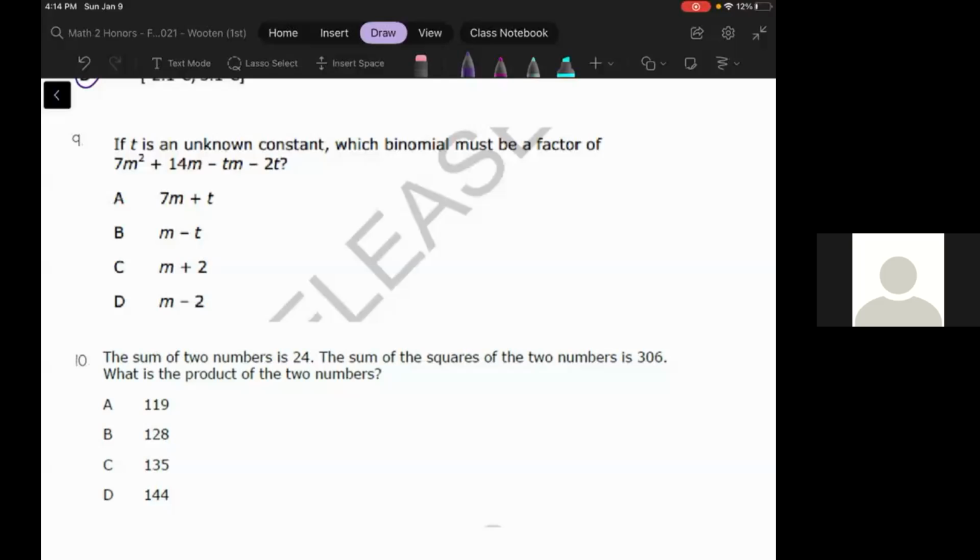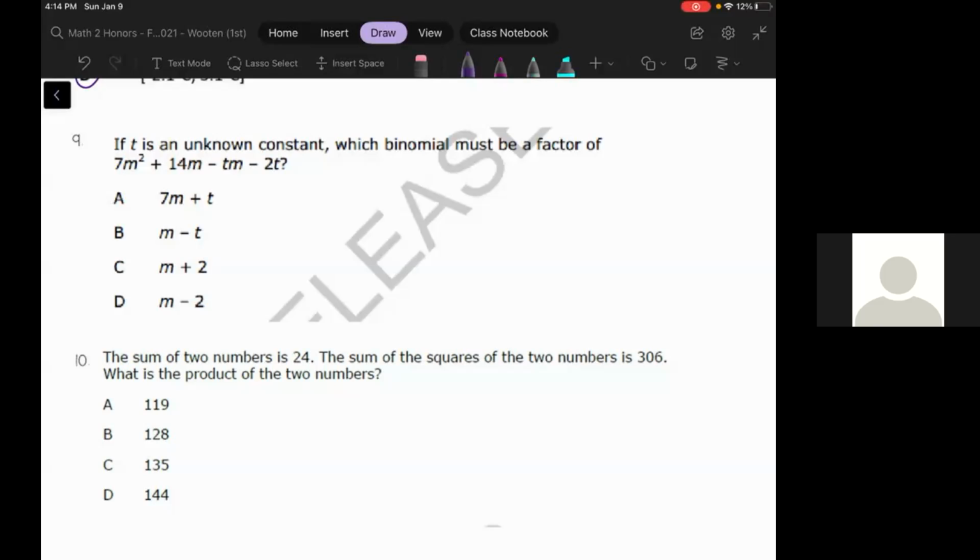All right, number 9 and 10. So number 9, if t is an unknown constant, which binomial must be a factor of 7m squared plus 14m minus tm minus 2t? So t is some unknown number, and we're trying to figure out which of these answer